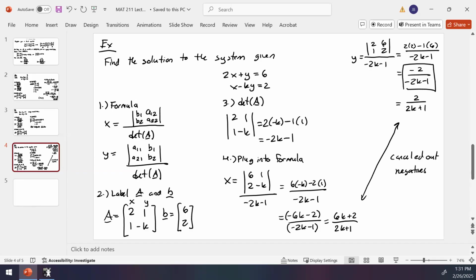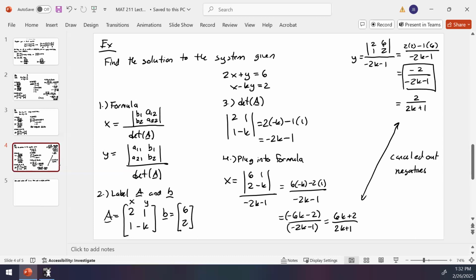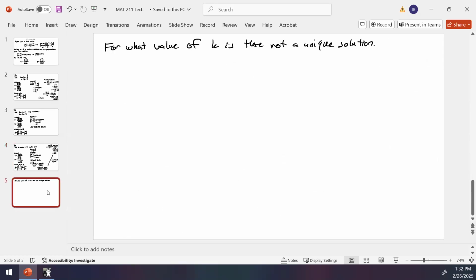So then the question that they ask following up to this is, okay, for what value of K is there not a unique solution? So that's going to be the follow-up question. Well, essentially, what they're asking you is, there is a unique solution if the determinant does not equal 0. Because if the determinant equals 0, then it's not invertible because you have division by 0. So essentially saying, what number would make the denominator equal to 0? What's the bad number, right? So essentially saying,